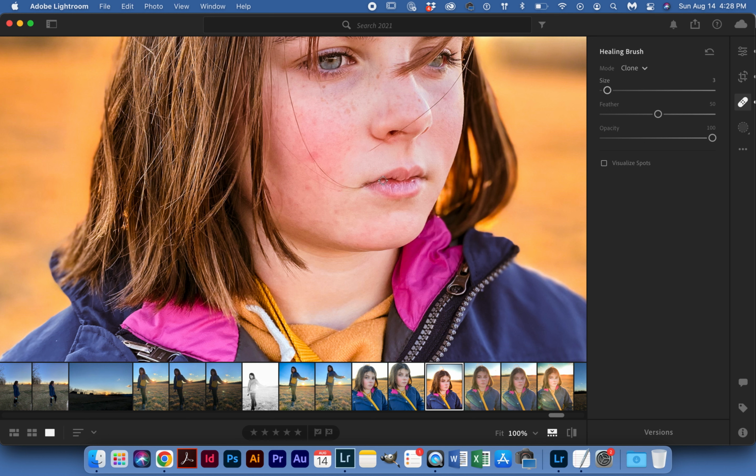Now, if I clone, and I just want to show you this, it is going to take an exact replica of that area. So I purposely moved this to make my point, where I'm actually making a copy of her lips onto that little blemish. Of course, I wouldn't do that, but that is what it looks like. But if I did the same thing and set it to heal, you'll notice that the interaction of it changed. It kind of blends both